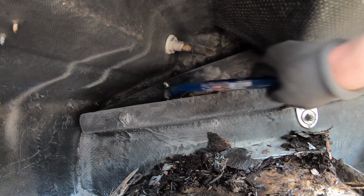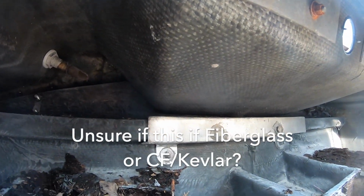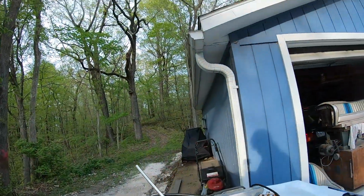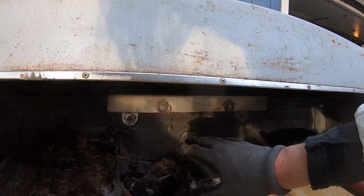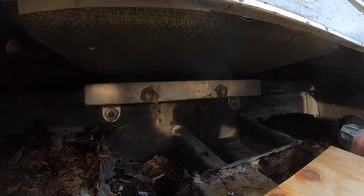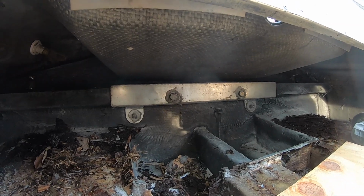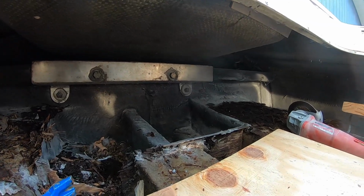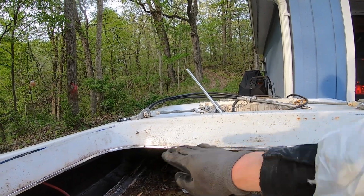Sweet, more mouse nest. Gross. Good news is that the transom actually doesn't look rotten, which is not too surprising. I mean, it's kind of protected, but if the water sat against it and there was any sort of break in that seal between the glass and the transom, you think it would rot out. But what Sleekcraft did do is they dipped the transoms in tar, I believe, before they glassed them in to help waterproof them. The next order of attack here is to use that angle grinder and trim all this fiberglass